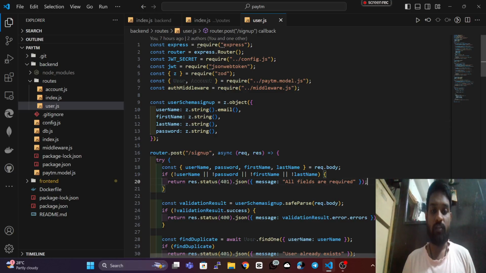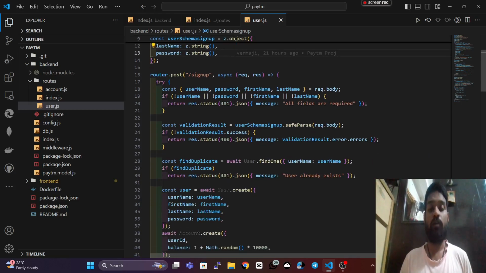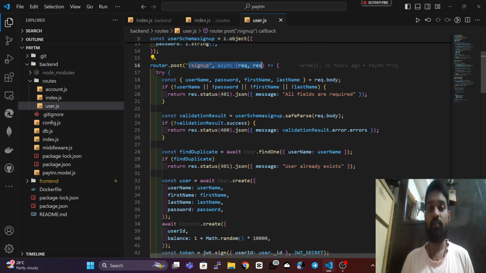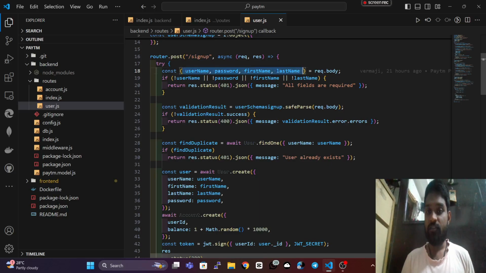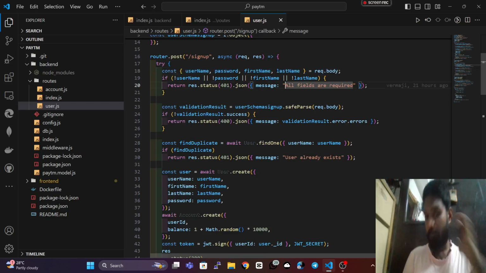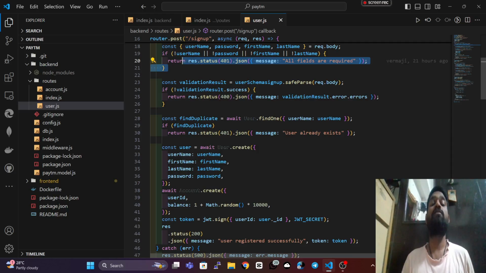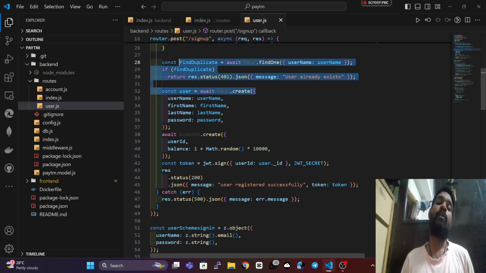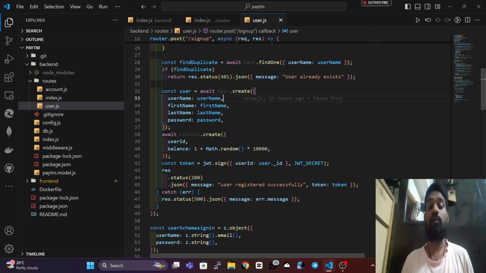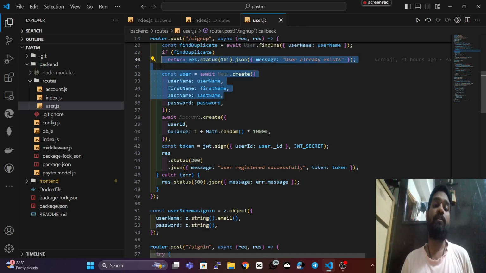Now let's move to the user routes. I have validated it using the user sign up schema, and then router.post. This is the sign up route. This is the try catch block. Now I have fetched username, password, first name, last name from the request body, and all these validations have been done, that all fields are required, and I validated it using Zod. Then I'm finding out whether that user exists in the database or not, and if it exists, just put the error message. Else just create the user in the database, and then